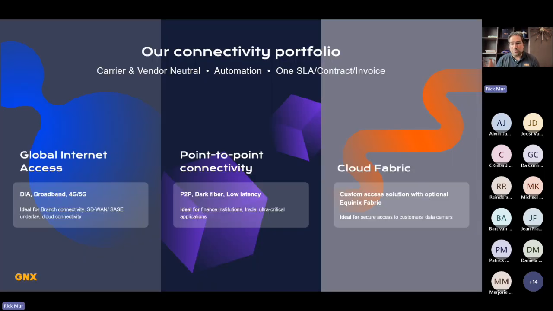How do we do it? We offer it in multiple different categories. I've talked about internet access a lot in this presentation. Of course, there's still room for some private connectivity that we call point-to-point cloud, point-to-point connectivity. And in the end, there are fabric solutions that will solve your problems by connecting into a cloud in the right way possible. Because I can enter the cloud through the internet, but there are multiple other options I can use that may be better for my users.